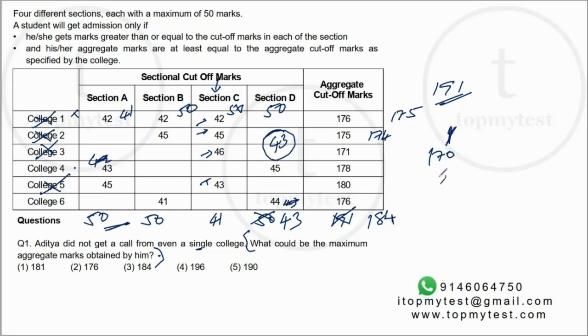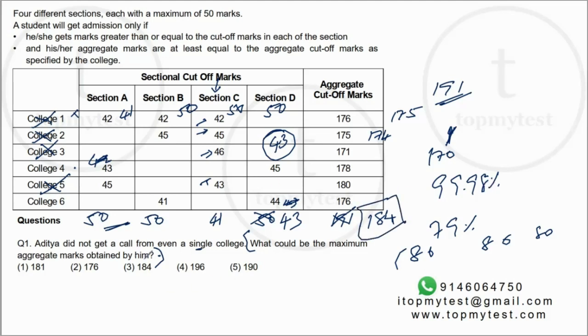So it's like scoring a 99.98 percentile and scoring a 79 percentile in one of the sections. Usually the IIM cutoffs are 80, 80, 80 in each section, so you mess up one of the sections. Even though you've scored a 99.9, you'll end up going and crying that you have not cleared the cutoff, and so on. So in this case, the answer is 184. Option C will be your correct choice.